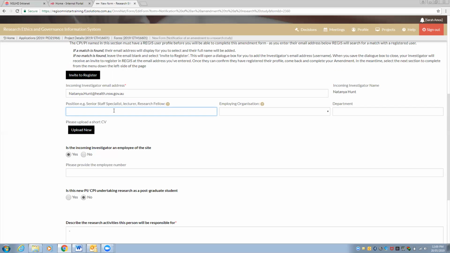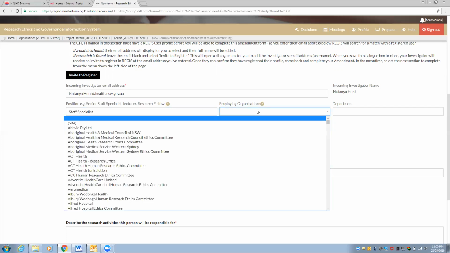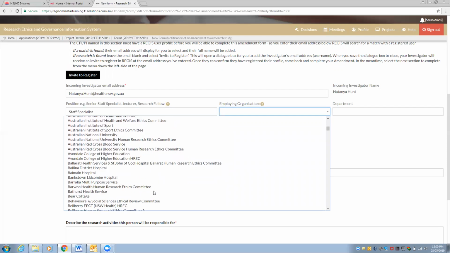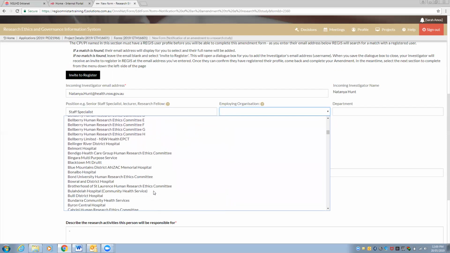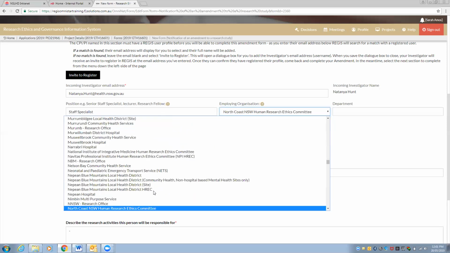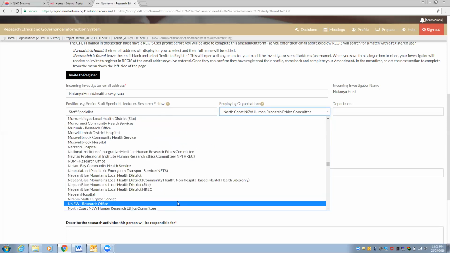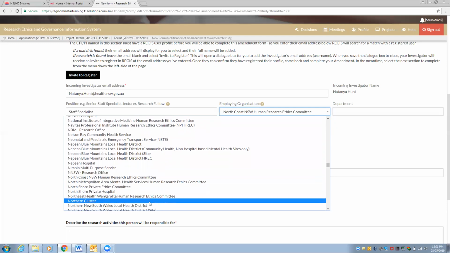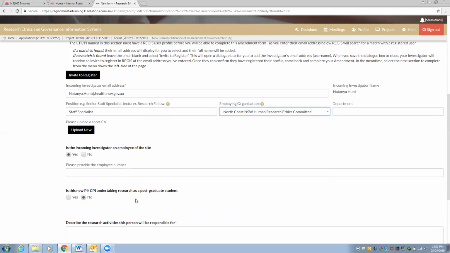I will put in a fictional role here, and it will drop down to, you should be able to see, if I auto type, Northern Sydney Local Health District, there we go. And then I'm just going to put